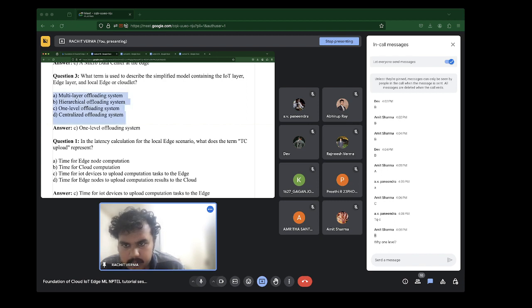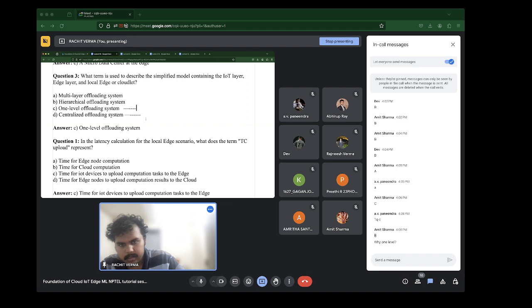So you can probably call it the one level because the IoT layer is only offloading to the edge layer. If the IoT layer is over here on the bottom, and on top of that there is the edge layer, that would be this one level.